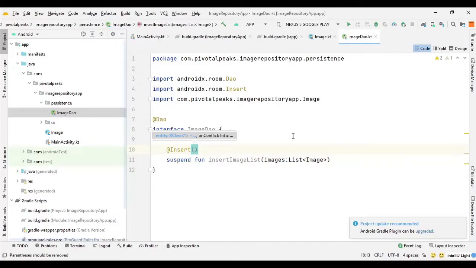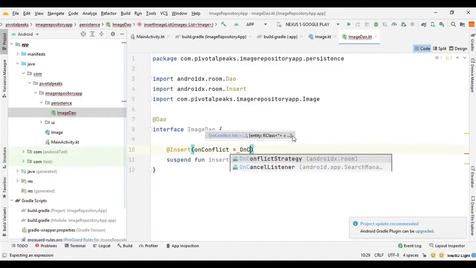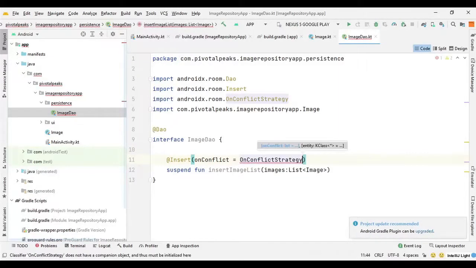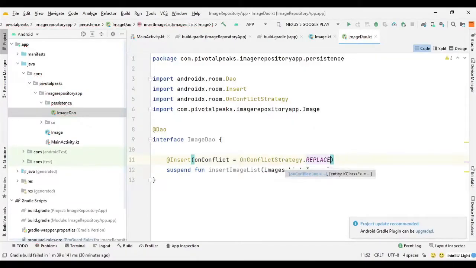To do that, as it already suggests in this Insert annotation, you can use the onConflict parameter. So we can say onConflict equals OnConflictStrategy.REPLACE.